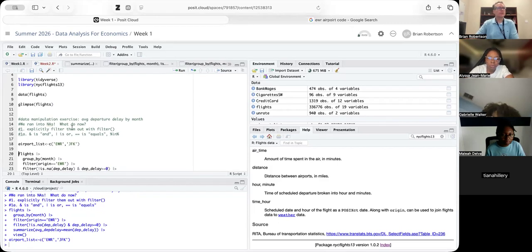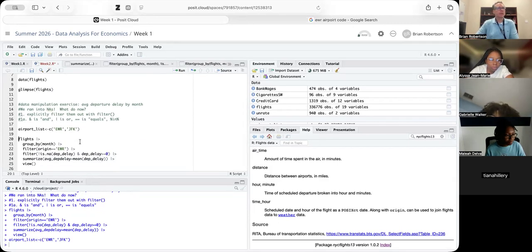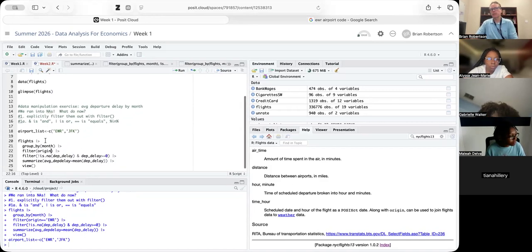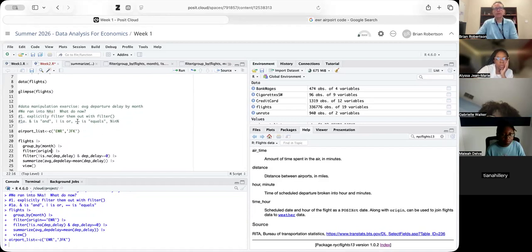Let's say I've got an airport list, right? And I want to filter just on these two airports, right? The equal sign really only lets me compare one value to another. But if I want to know whether the value that's in origin appears in this list, I can use in. I can do airports